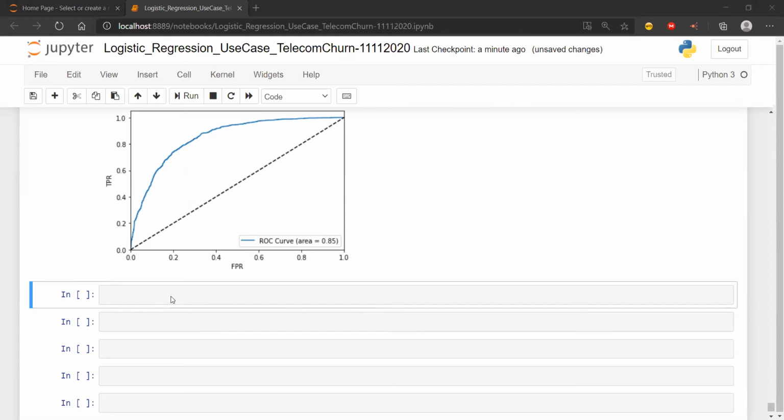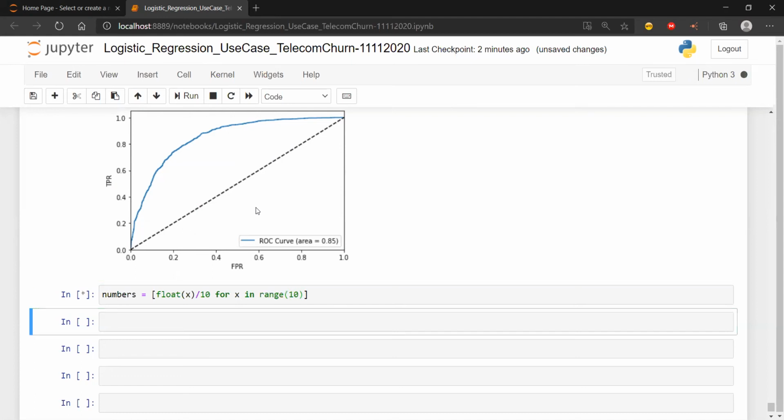For that, I will first create a list of numbers, the numbers from 0.1 to 0.9. Now, why write them out if I can use a lambda function? So I'm going to say float of x divided by 10 for x in range of 10, right? If I print numbers,